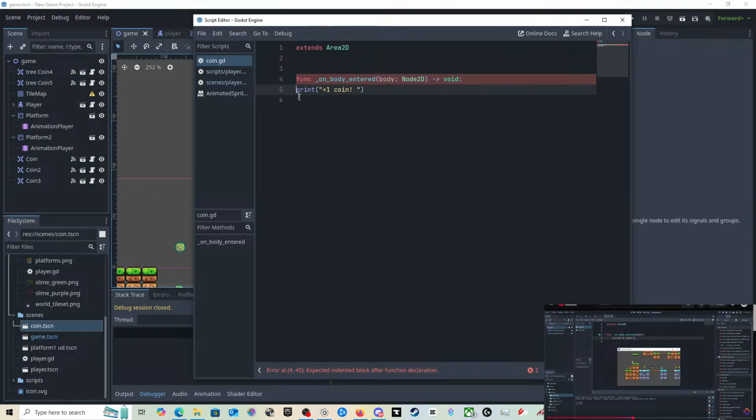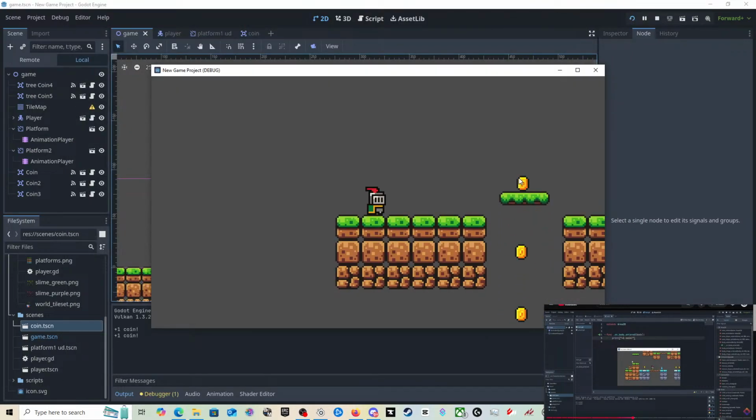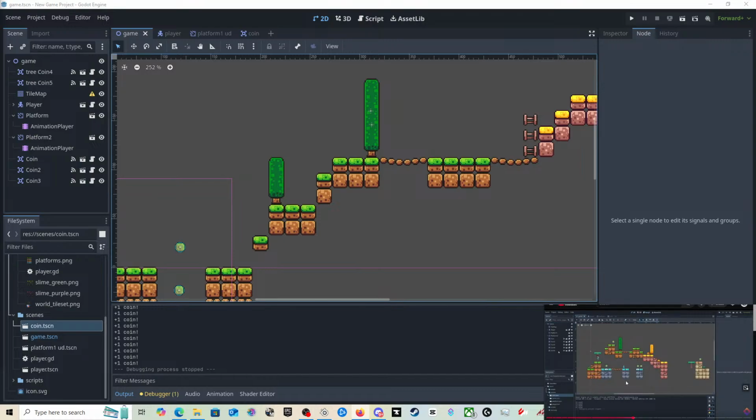Right, I get you. Yeah, so it's plussing all the coins in, and I'm not even touching them. One coin. However, this message will actually display no matter which body enters the area. But mine displayed without anything entering the area. It just displayed.